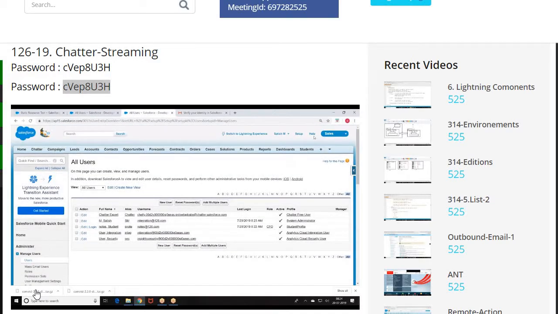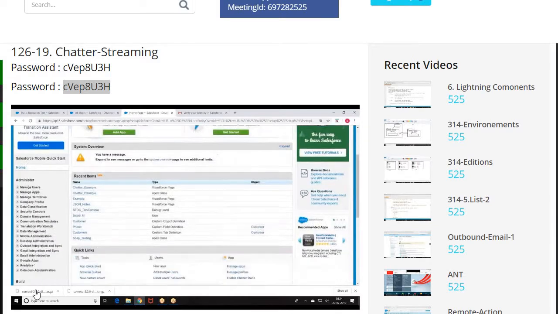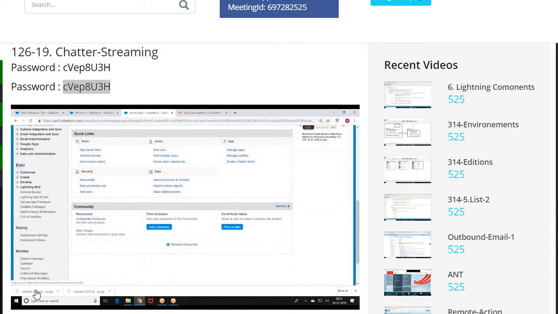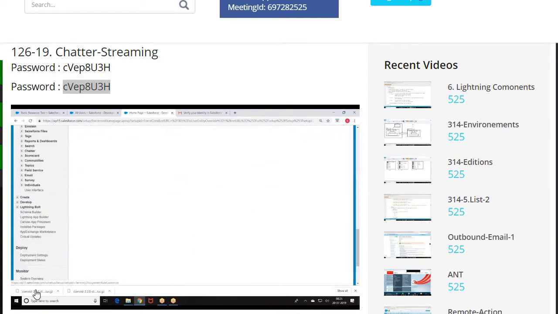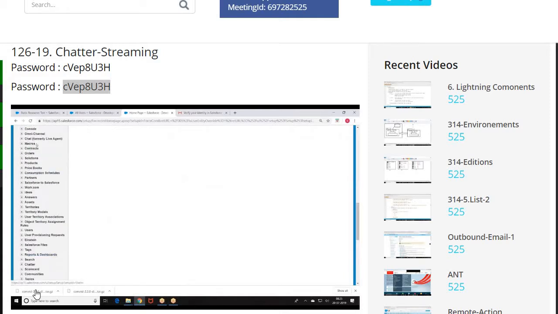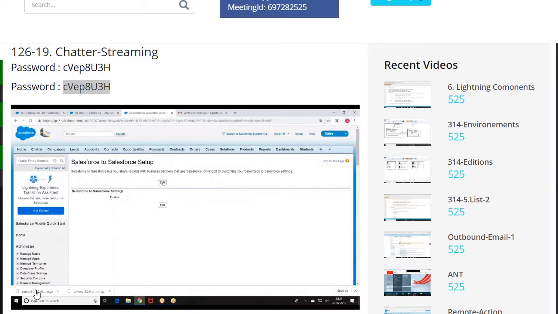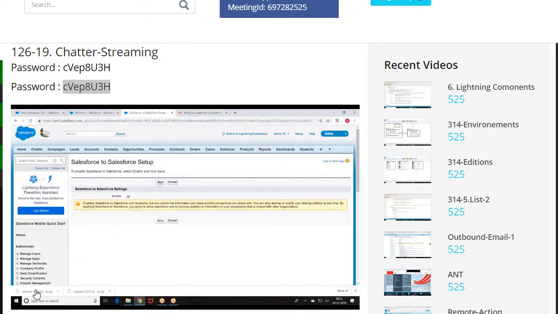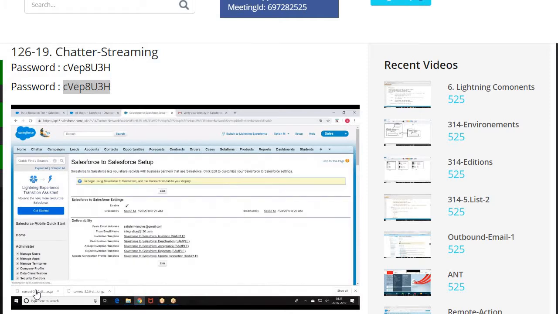So first, setup, build, customize, Salesforce to Salesforce will be here. Salesforce to Salesforce. Enable Salesforce to Salesforce. We have enabled the Salesforce to Salesforce connection. Right. Then,